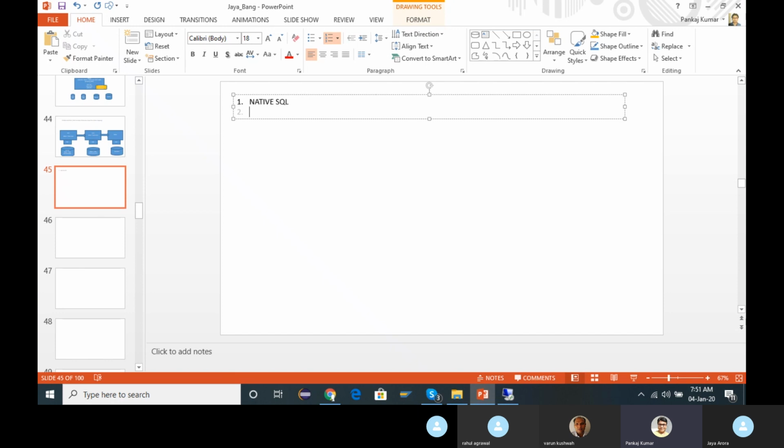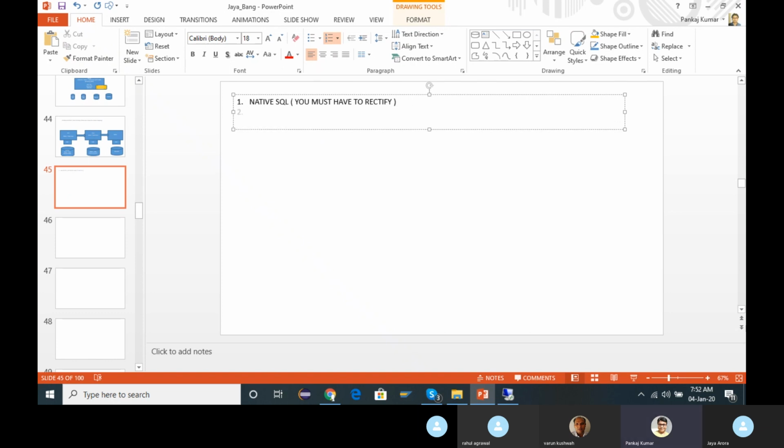For OpenSQL, you don't have to worry. This is very critical, and you must rectify it. If you are going from Oracle database to HANA database, the native SQL statements must be rectified.